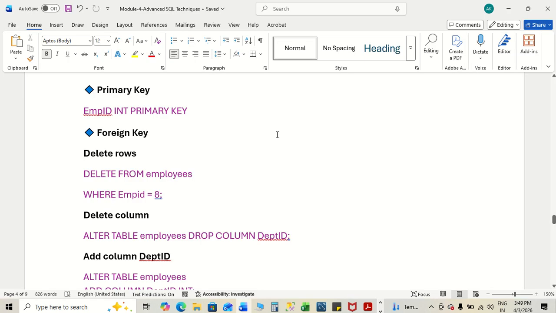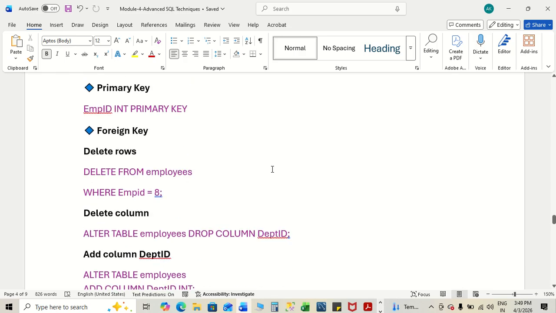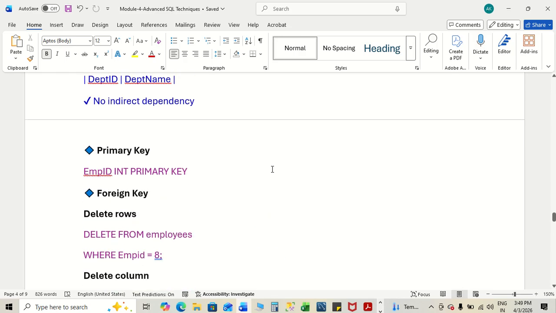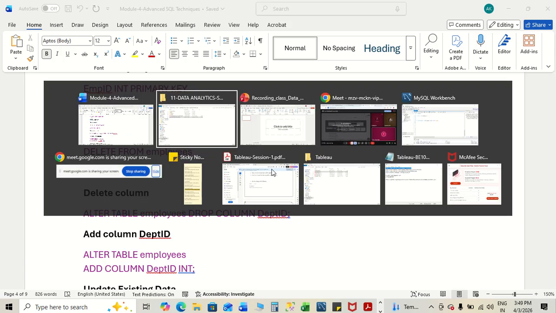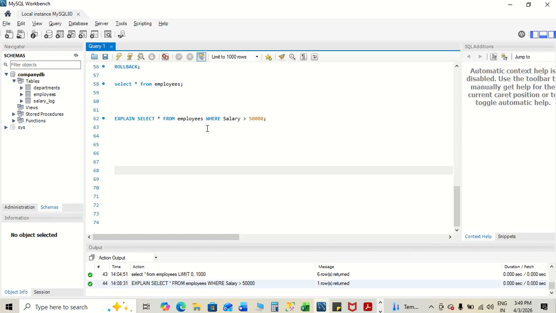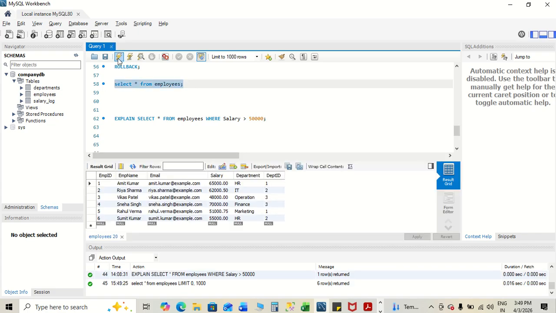Okay, so we left the class at this topic, foreign key. Foreign key. How to do this? So let's check the table first. So we have this table: employee ID, employee name, email ID, salary, department, department ID. After that, the second table is